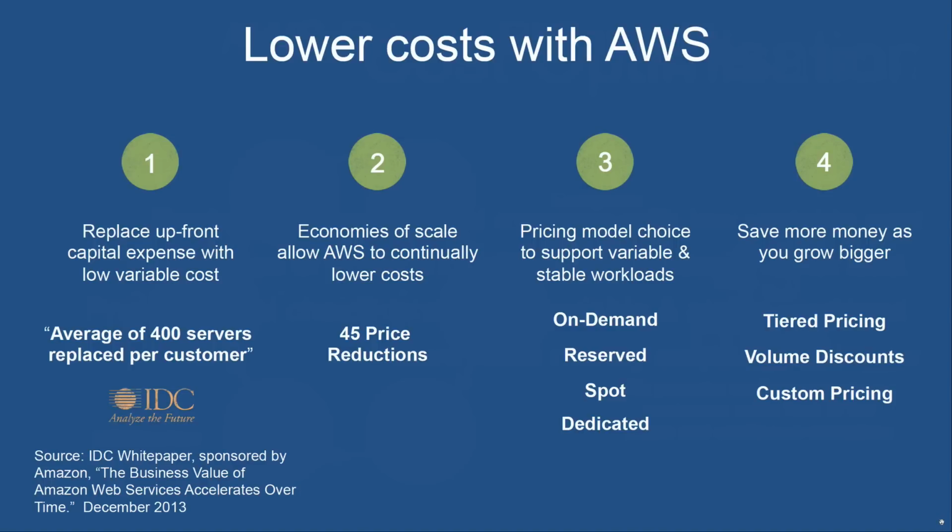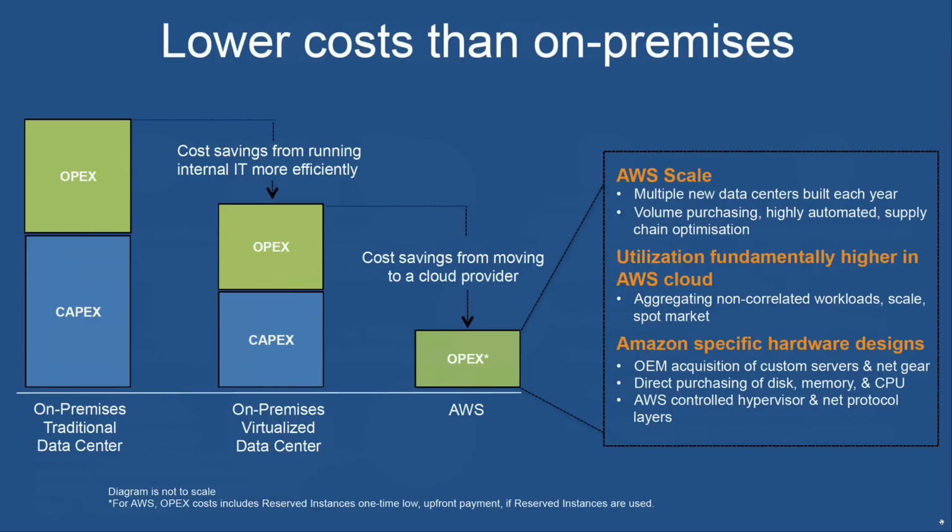So this manifests itself in the form of things like volume discounts within the Amazon S3 storage service, where you go through certain volume breaks and your cost per gigabyte for storing your data will be reduced according to the amount of total volume that you have. And that applies not only to the excess, if you like, the amount of capacity that you have that's above the volume break, but it also applies to all of the capacity that you already have. So your unit costs will fall over time as your usage scales up.